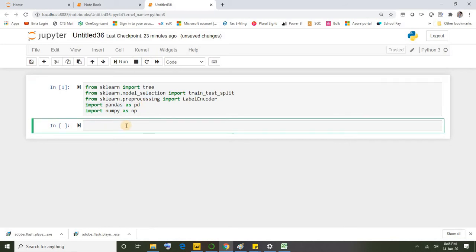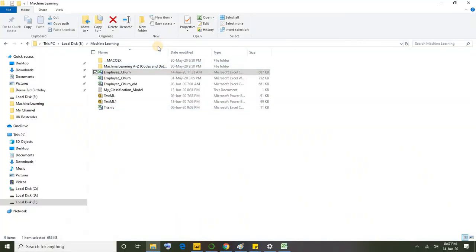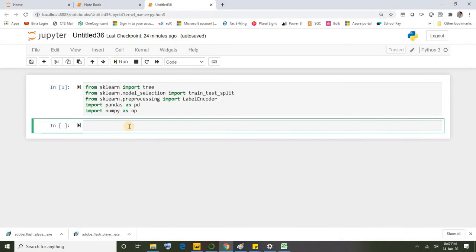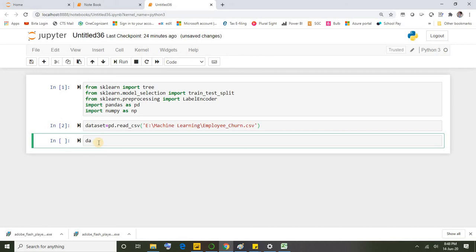So next step is we need to import the dataset, right? So let me take the path here. All right. Okay. So now I'm going to create one data frame and import the data from CSV file. Okay. How we can do that? I'm going to say dataset equal to pd.read_csv. As you all know, read_csv is the function that we use to import the data from CSV file. Okay. I'm going to give the path here. All right. Let me run this query. It's been executed.